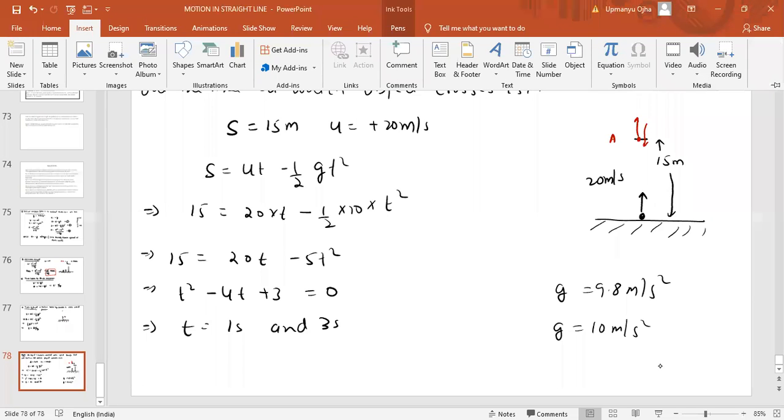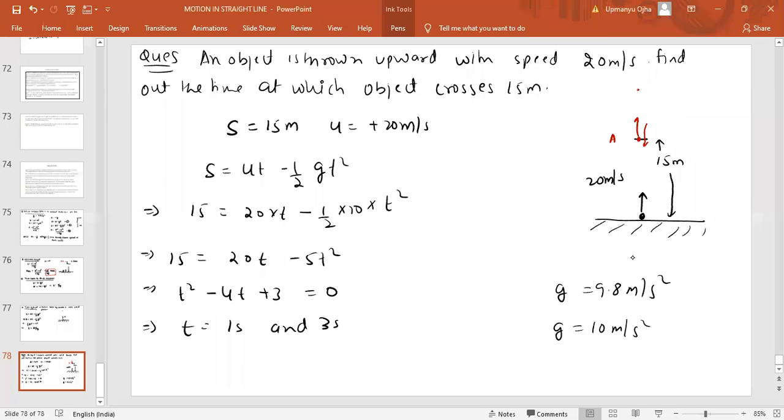You don't understand the concept. You are sticking to that point, sir, why it is not u by g? That is the time taken by the particle to reach the maximum height. I told you clearly in that case. I am concentrating on the concept here, how we are getting this t equal to u by g.